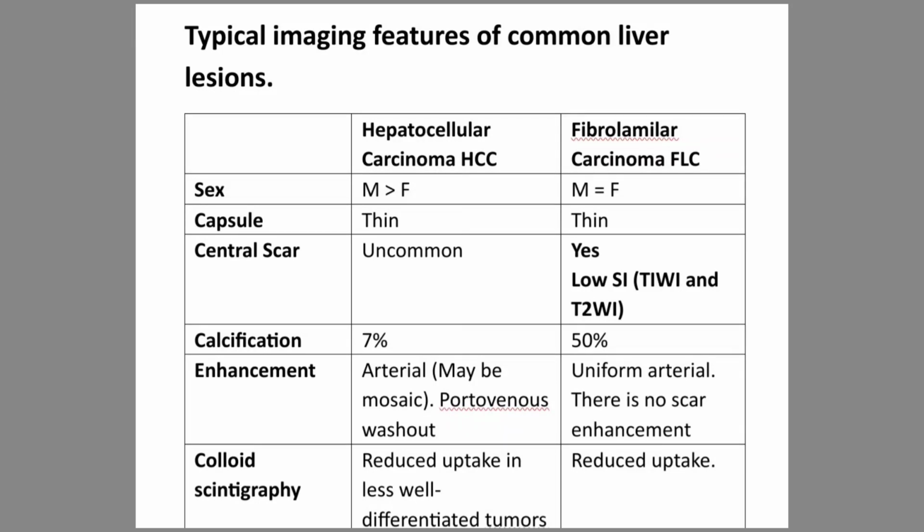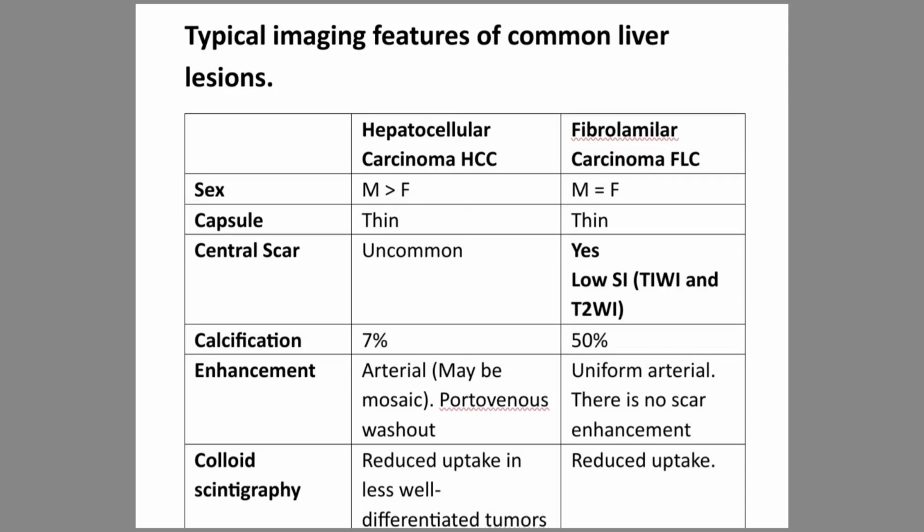In central scarring, in hepatocellular carcinoma, central scarring is very uncommon, while in fibrolamellar carcinoma you can appreciate central scarring, which would be low in T1 weighted images and on T2 weighted images. As far as calcification is concerned, in hepatocellular carcinoma calcification is not very common. Up to 7% you can see calcification, but in fibrolamellar carcinoma there is 50%